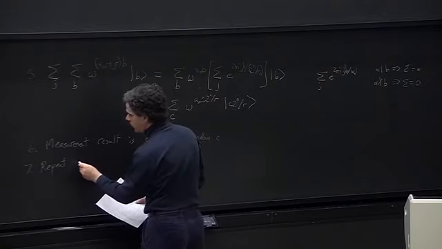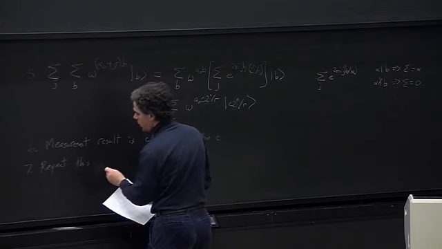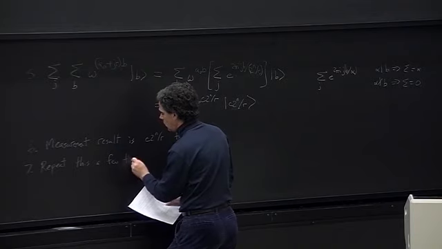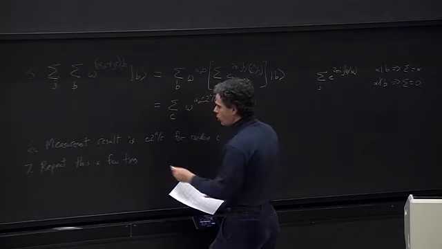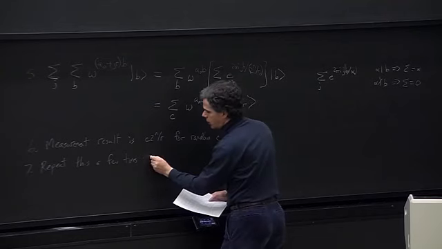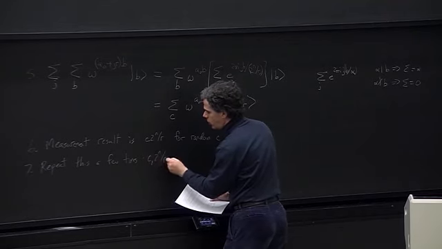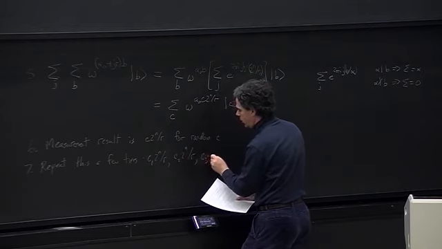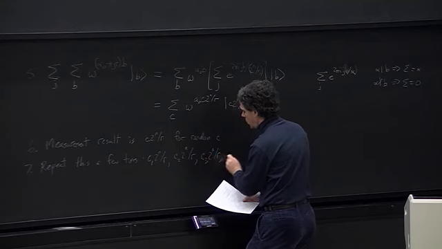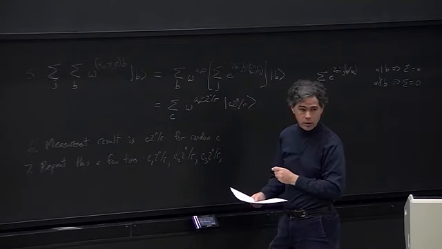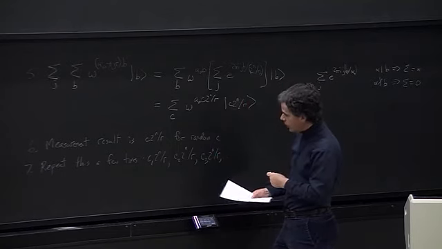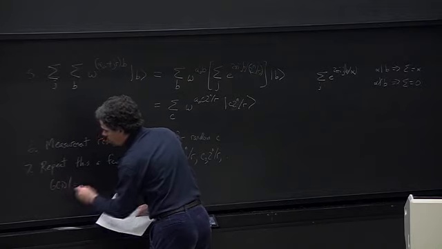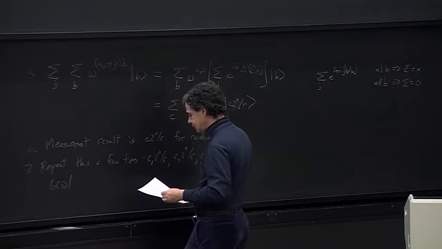We're going to repeat this process a few times. And after we've done that, we've gotten c1 times 2 to the n over r, c2 times 2 to the n over r, c3 times 2 to the n over r, et cetera. And if you look at the GCD, again, of these things,